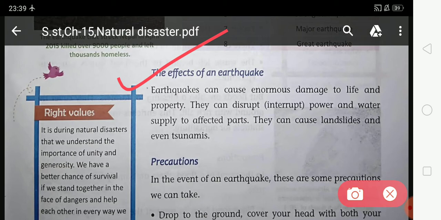So students, they cause great damage to life and property, and they also interrupt water and power supply to the affected areas. So these are the effects of an earthquake.